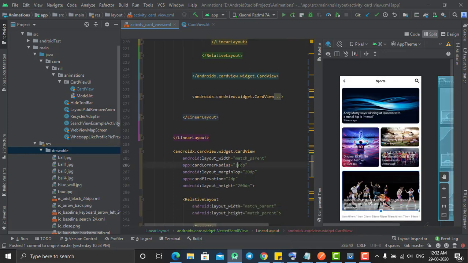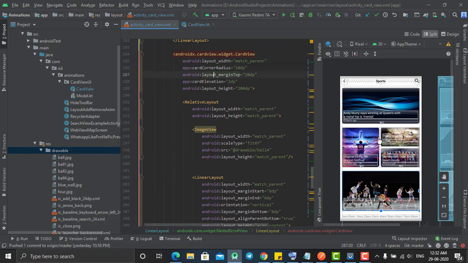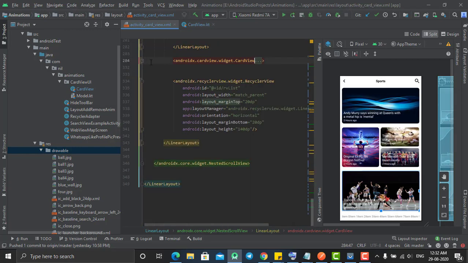Now for the third section, we need to copy and paste the same code we did here. As you can see, this card and this card are the same, right? Text view and 2 labels. So just copy and paste that card view here, and it will be done. And 3 sections are completed.